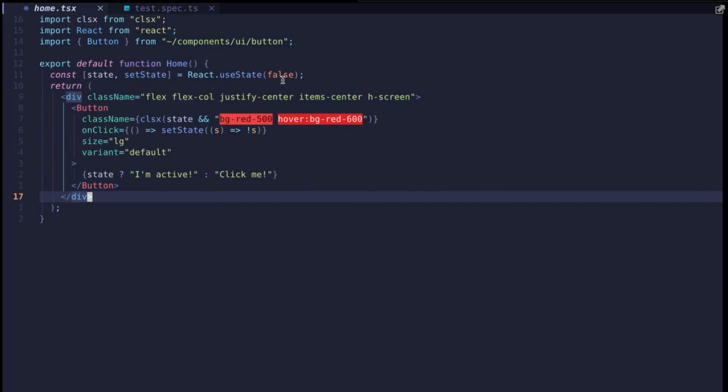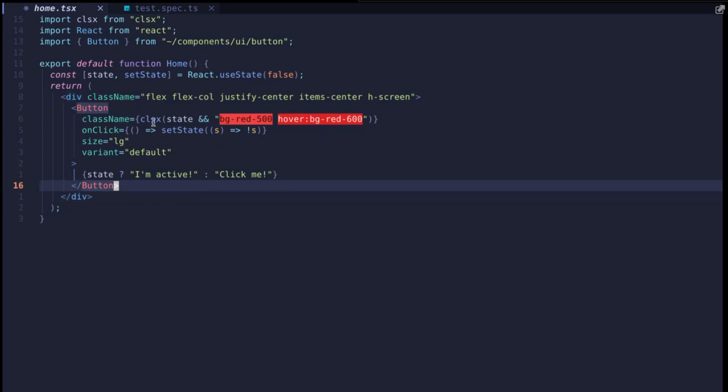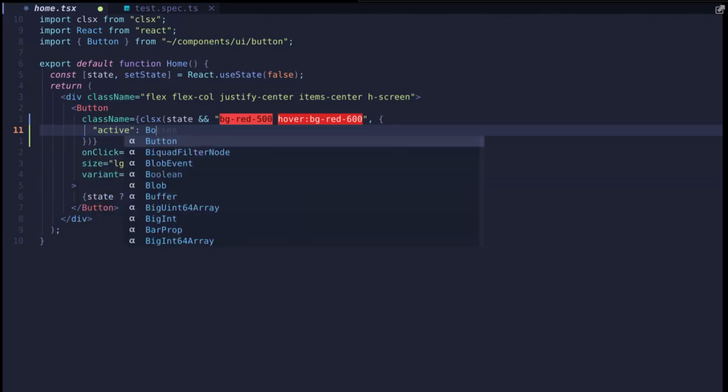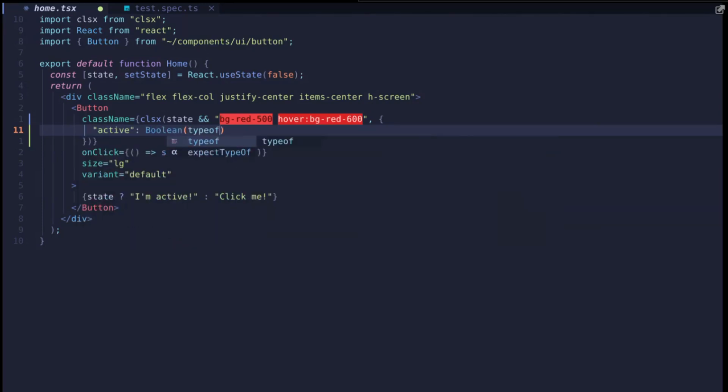Then we check the code, and there is this useState here. And when we click the button, we toggle the state. And when the state is active, it applies the background red, and also on hover. And for that, I'm using the clsx package, which is a very good one. It also has other features, like you can declare objects here. Maybe you will have a class here, active, and then a boolean,